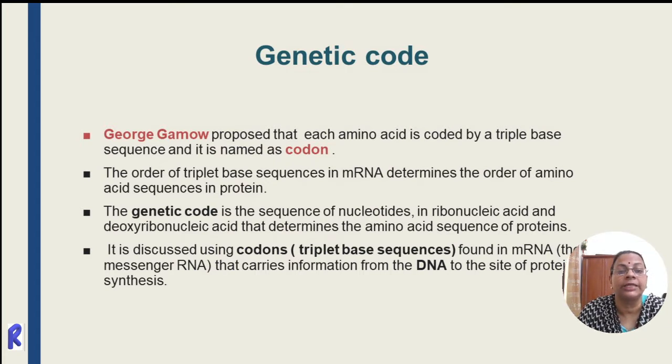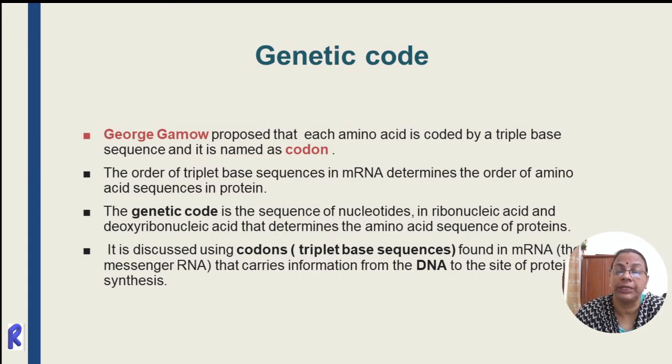The scientist George Gamow said that since there are 4 base sequences within the DNA or RNA, there can be a possibility of these 4 bases which can code for each amino acid. But when we go deep into the detailed study of amino acids, we have found out that approximately 20 amino acids are taking part in the protein synthesis in our body. And if there are 20 amino acids, it means the code of these 4 bases is not enough